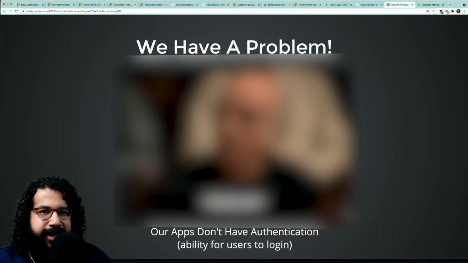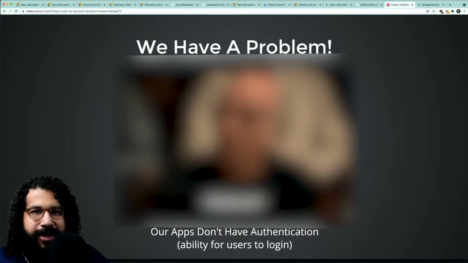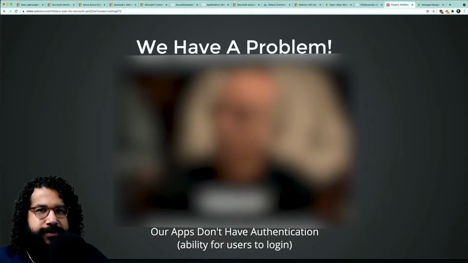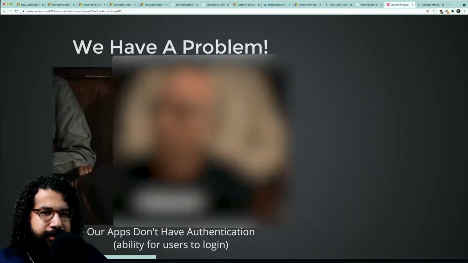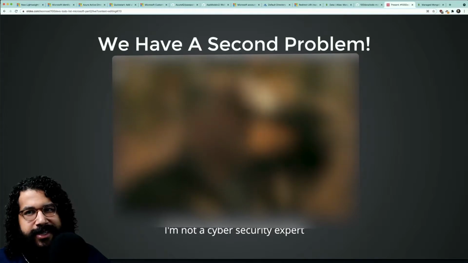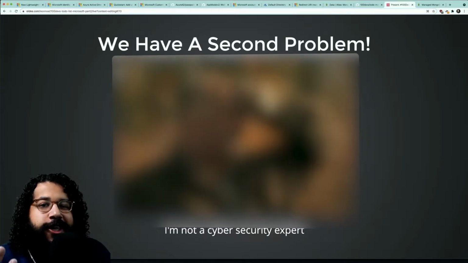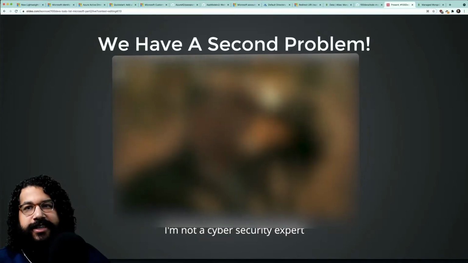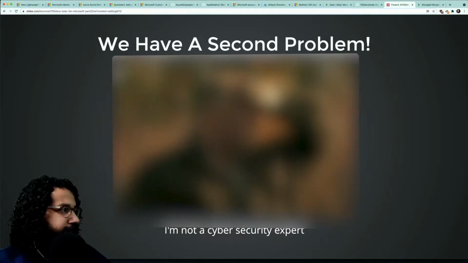So when I say authentication, I mean the ability for somebody to log into your application, because when users can log in, we can start to do some really cool things. We also have a second problem. And that second problem is I'm not a cybersecurity expert. I want to use off-the-shelf solutions to make my life way